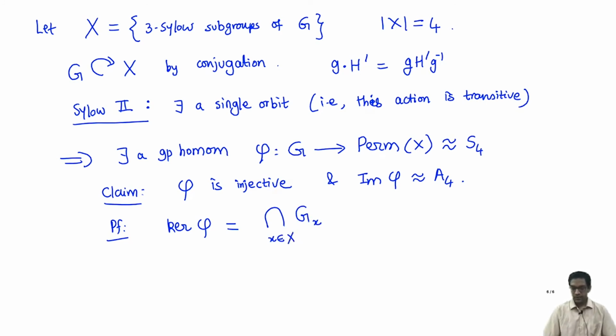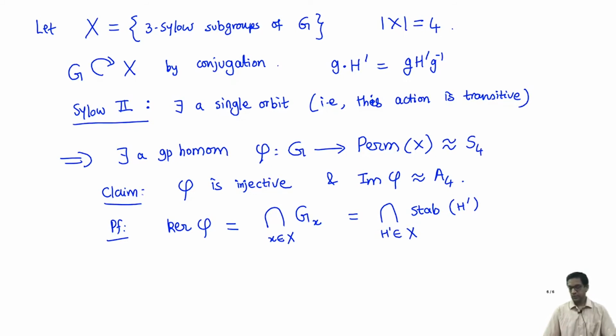So I have to compute the stabilizer of all the various elements of X in this case. This is just the intersection of the stabilizer of H prime, where H prime is any one of the 4